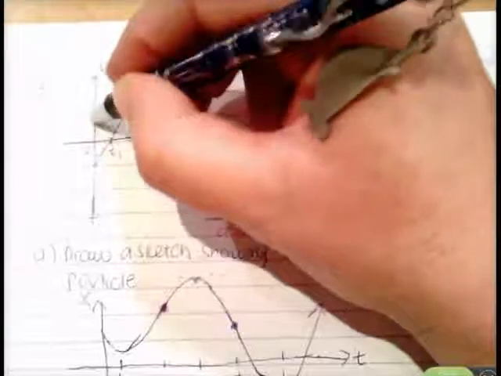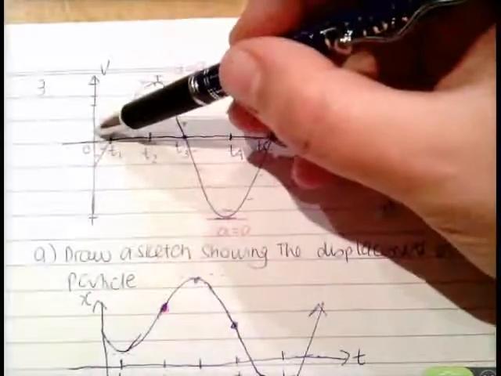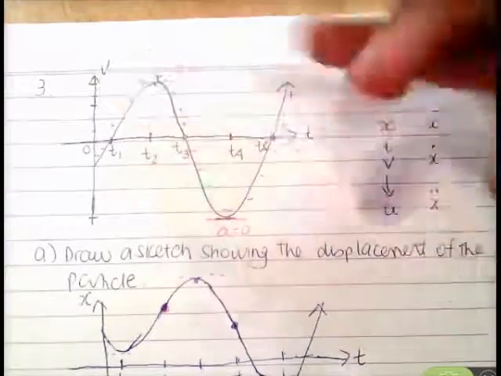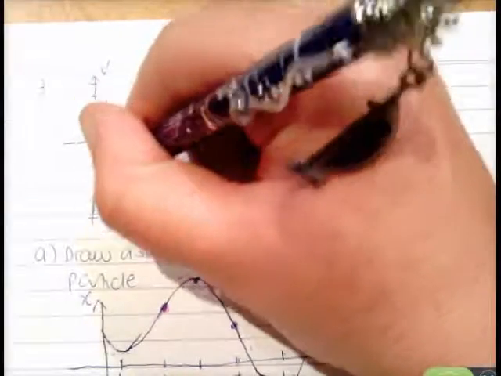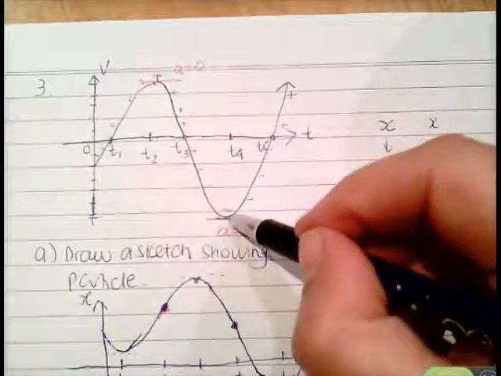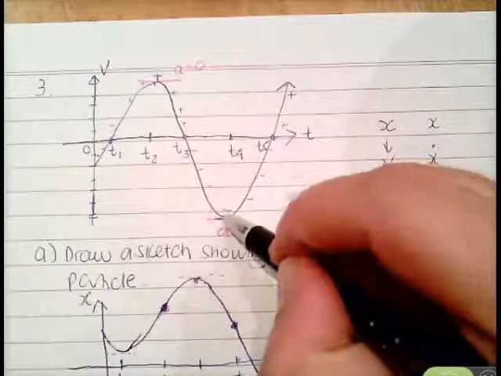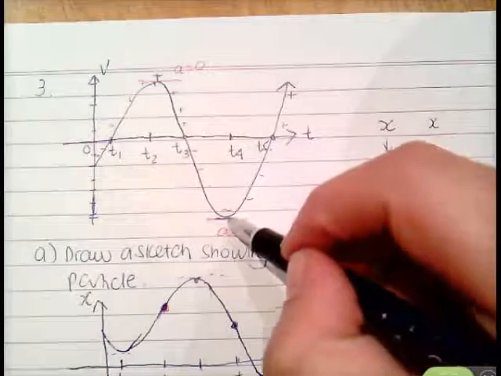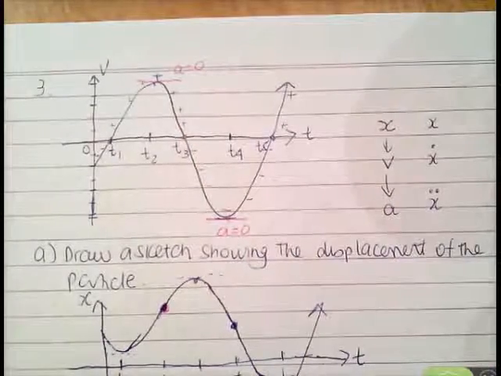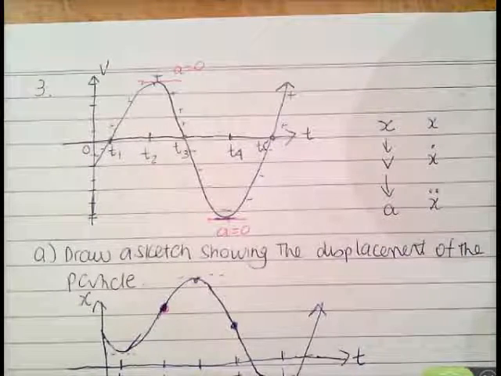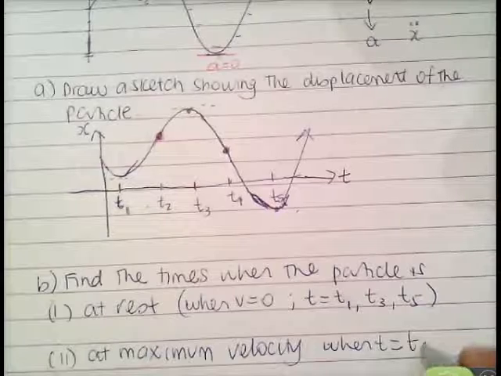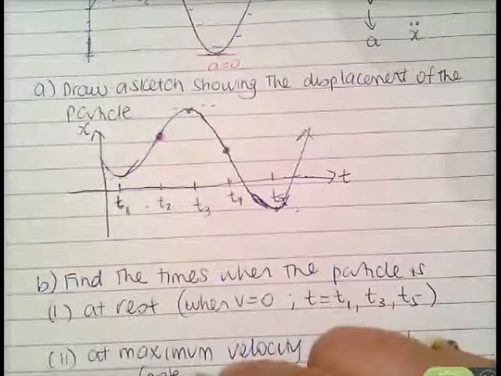So looking over here at our velocity graph, remember, you just take these as values going up. This could be velocity is 5, 10, 15, 20, 30, for example. And down here, -5, -10, -15, -20, -25, -30. So this value here for v is bigger in size than this value here for v. So maximum velocity is when t equals t4, but note that the velocity,